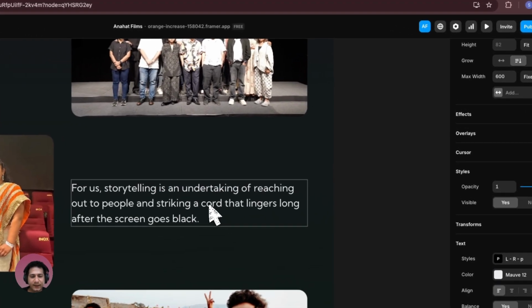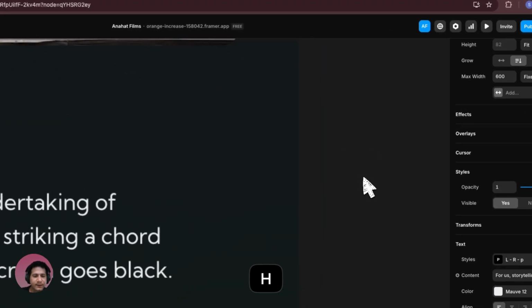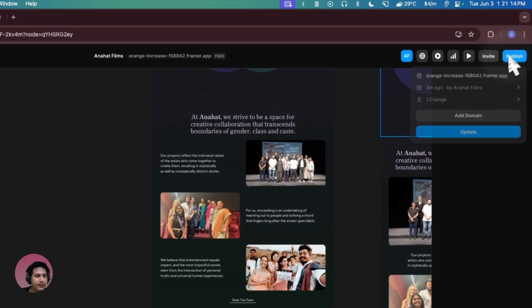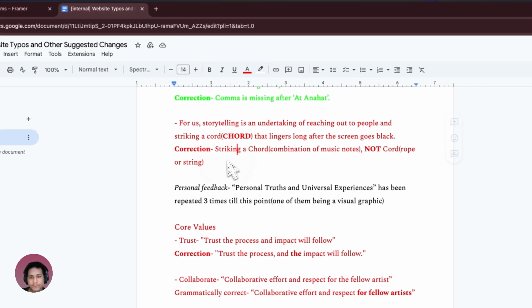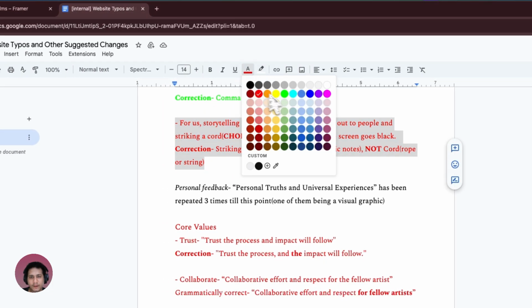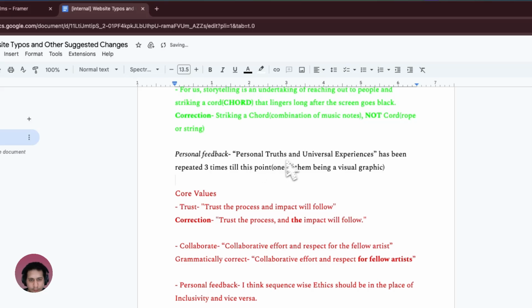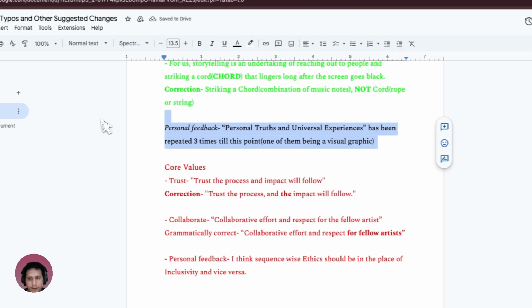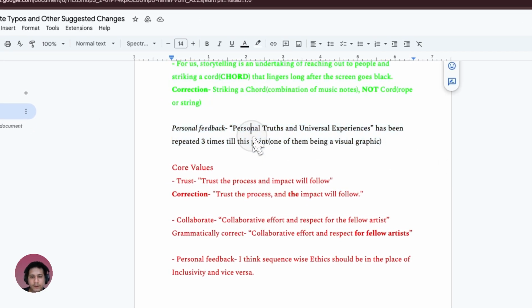Yeah, Chord, obviously. That's done. Publish, update. Green color to you too. Person chooses has been repeated 10, blah, blah, blah. Okay, this one,